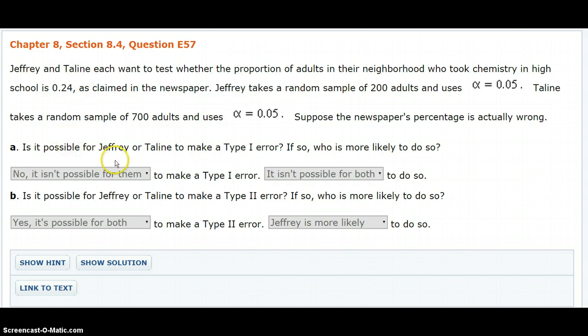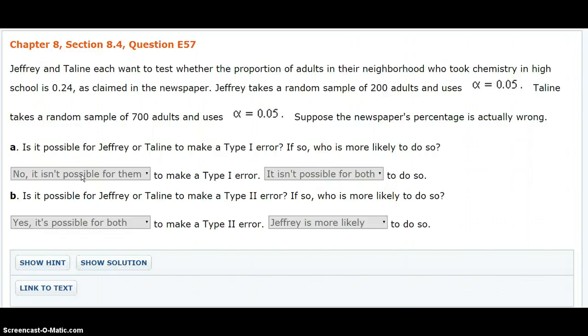So is it possible for Jeffrey or Talene to make a type 1 error? And the answer here is no. Well, why not? It seems likely that they could. Well, a type 1 error is rejecting the null when it is actually true. Rejecting the null hypothesis when it is actually true. If the null hypothesis is not true,